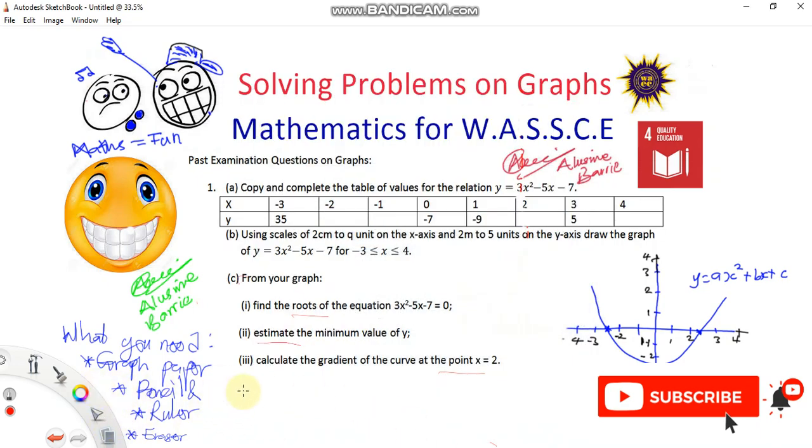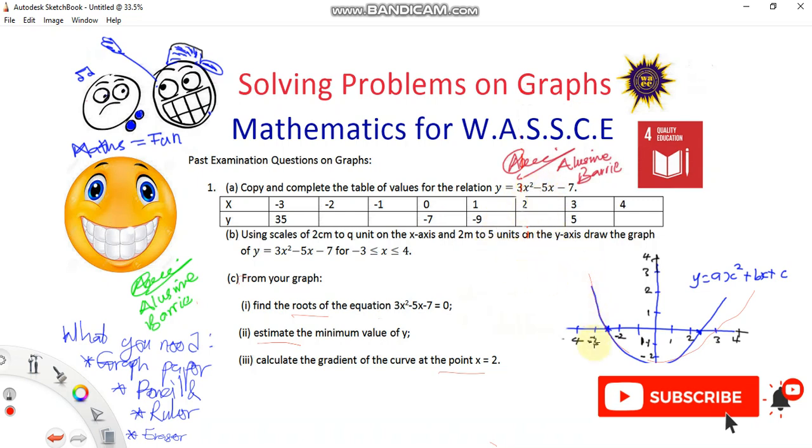The first part of the question says copy and complete the table of values for the relation y equals 3x squared minus 5x minus 7. First of all, just to give you a general hint, whenever you see the coefficient of x squared, if it is positive, you have to know that the graph will often take this sort of U shape. If it is negative, say you have y equals minus 3x squared or minus 9x squared, whatever,